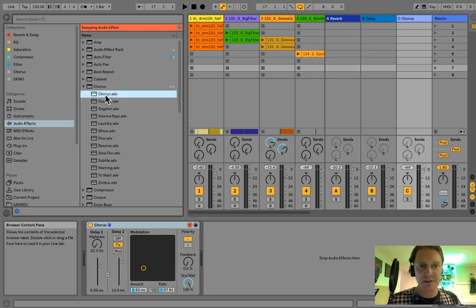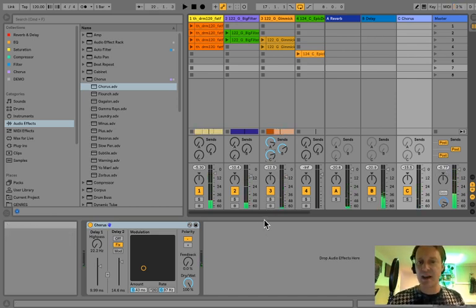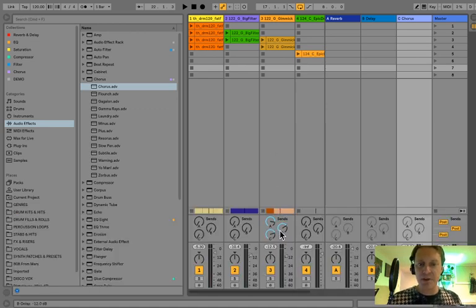Try chorus. Good for the gimmicks. See, it's coming through there as well. Yeah, so both, I tend to use both when I'm producing music,